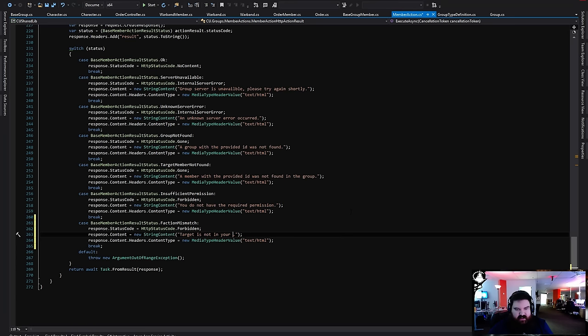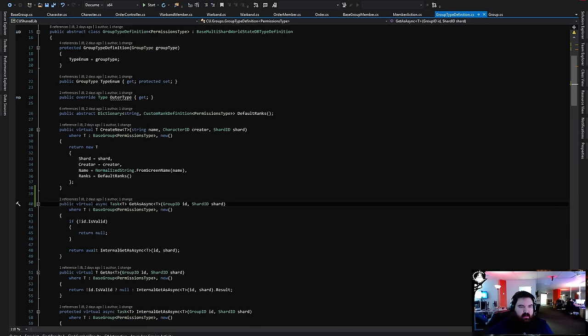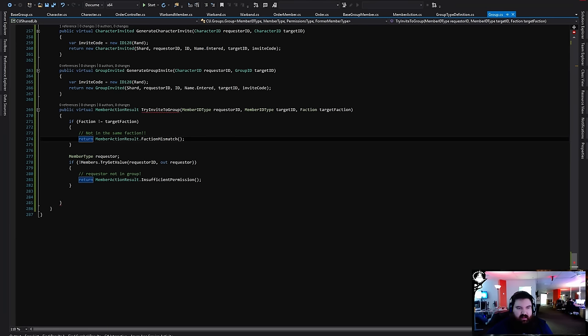I don't know if it's realm capitalized. So faction mismatch.